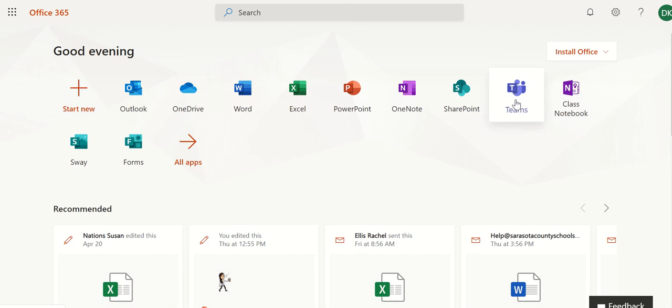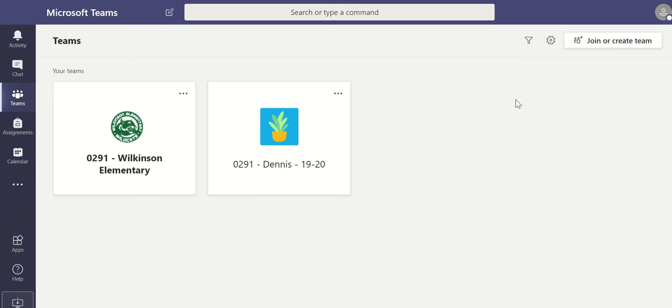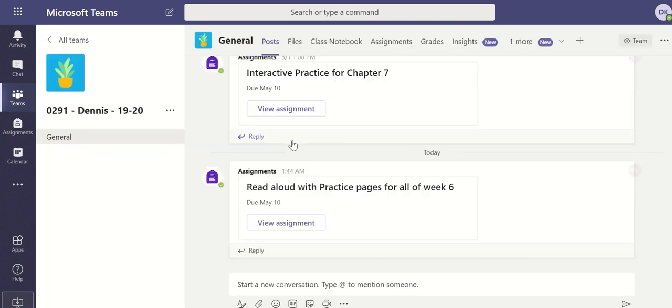So you can just click on Teams and it should take you to our class team, or if you have more than one team for different teachers, it'll have all of them there. I have a Wilkinson one for the teachers, and then I have the one that I created for our class. So you're going to click on the one that has my name, 1920, and it will bring you to our